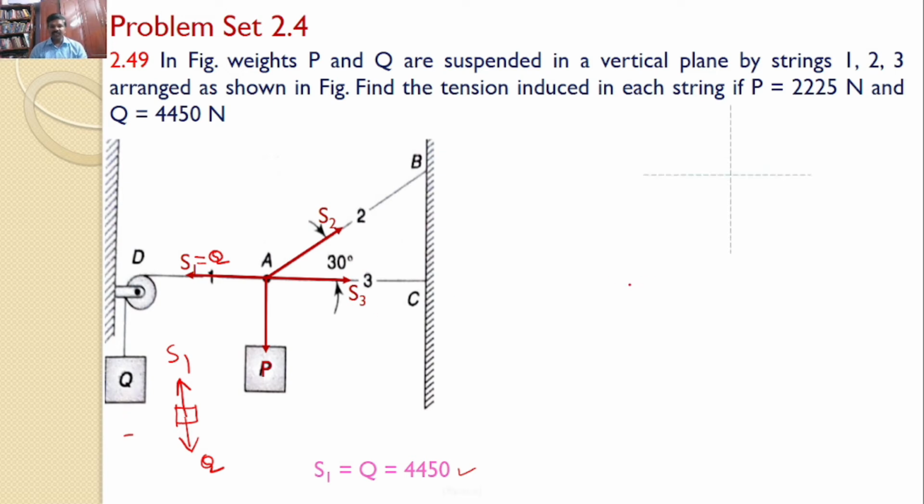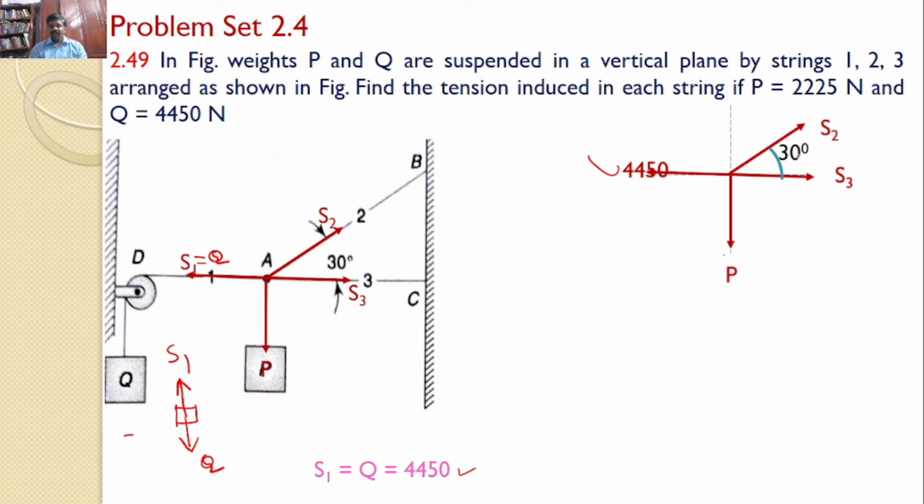Now let us transfer all these four forces onto a separate XY plane. The first force is P, and the next force, it is not S1, now S1 I replaced with 4450. Next force is S3 and the next force is S2. Now P, S3 and 4450 act along the y-axis or x-axis. Now clearly we can see S2 makes an angle of 30 degrees with the horizontal. So this angle must be equal to 30.